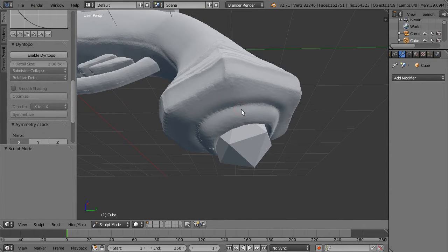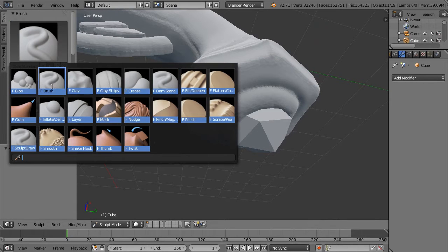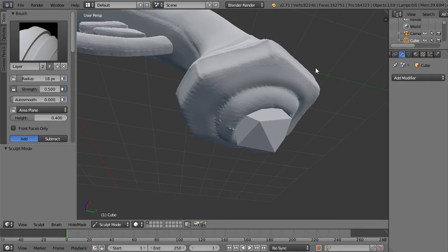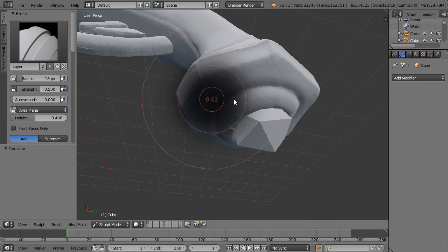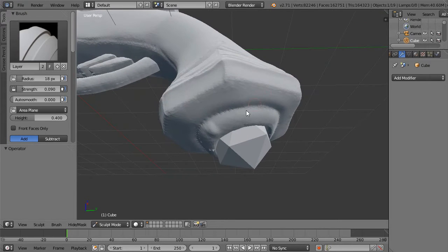All right. So the quickest way to get this all worked up is to actually just work the geometry. So I want to make this kind of more geometric and hard surface than this smooth area up here. So I'm just going to kind of use the layer. Oh, that was not what I wanted. So I'm going to use a low power layer brush to just kind of build up these shapes a little bit